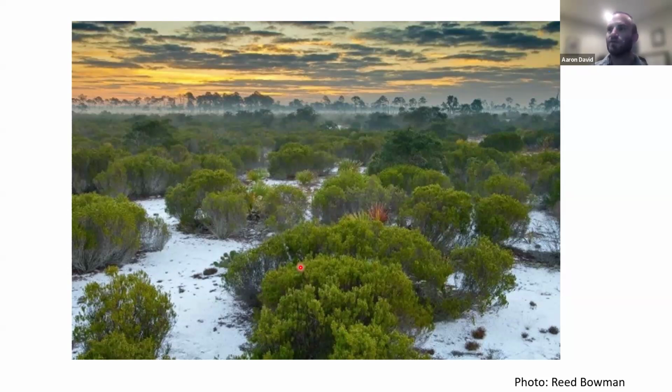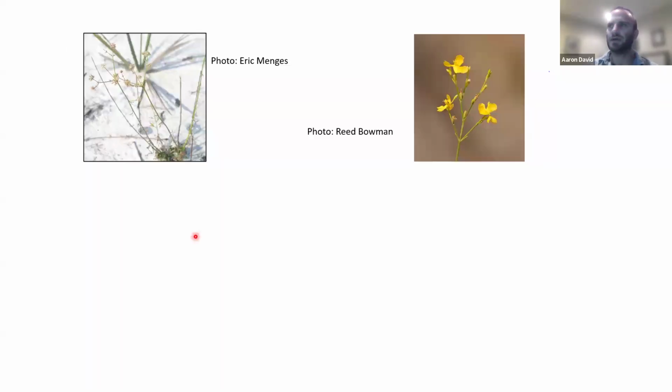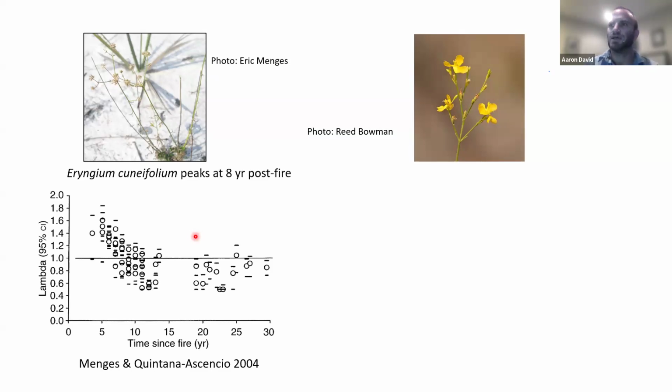But that fire is really important for maintaining viable populations of the endemic herbs that are colonizing and persisting in these gaps. And so our research can inform just how frequently we need to be burning. A couple examples of this. The first on the left is the federally listed Eryngium cuneifolium, a Lake Wales Ridge endemic, only found in Highlands County. You can come up with some cool population models. I won't get into the math too much, but basically you can look at the time since fire, and populations that are increasing are up here and decreasing are down here.